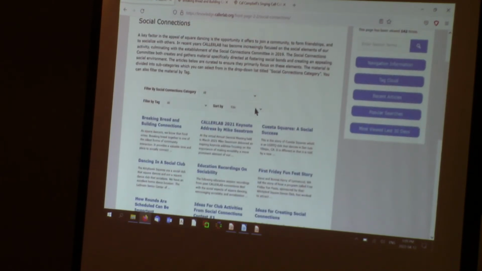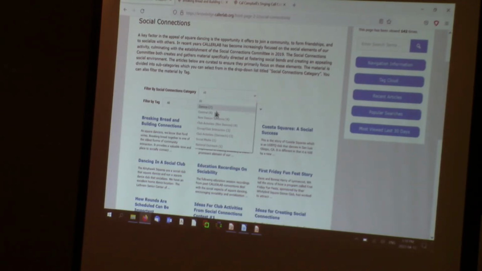Each of them also has some sub-categories associated with it, so you can filter these articles. There's not enough of them now that it's a problem navigating your way through them, but there's going to be. At this convention, I've probably got easily another half dozen to 10 or so new articles that are going to be going in here.